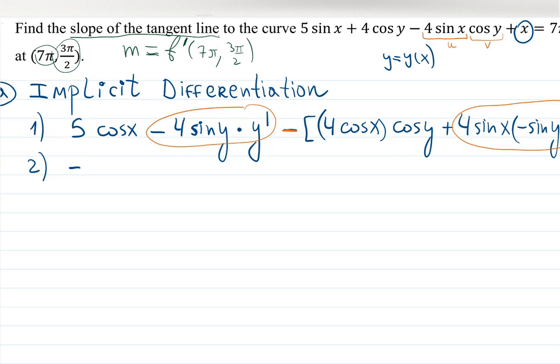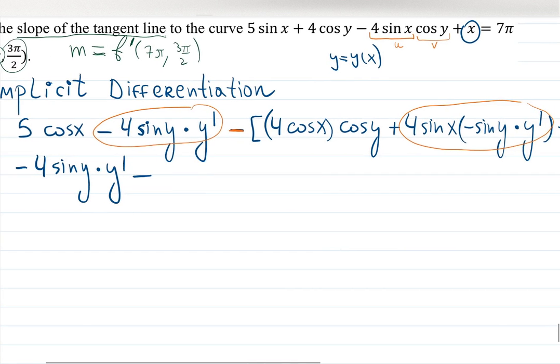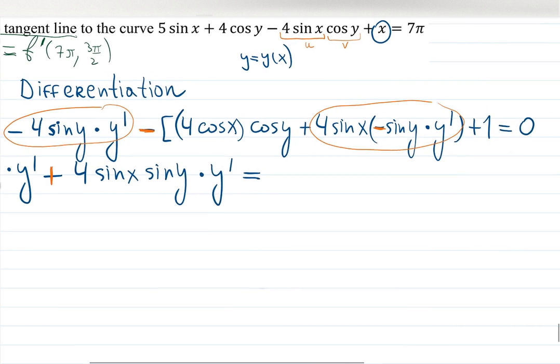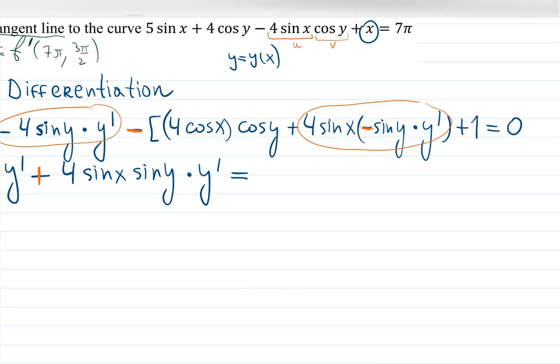I will have a negative 4 sine y times y prime minus, is it minus though or plus? Let's carefully look at this. This negative sign and this negative sign give you a positive sign, so it becomes plus 4 sine x sine y times y prime equals